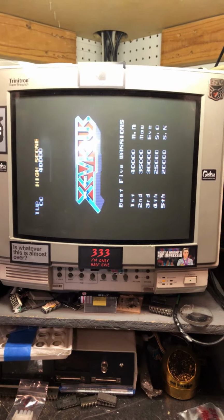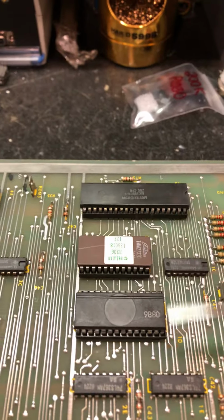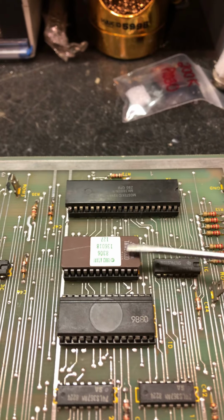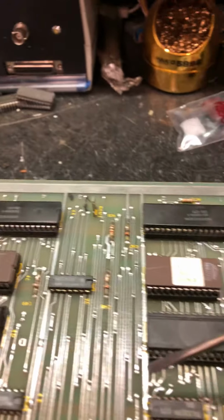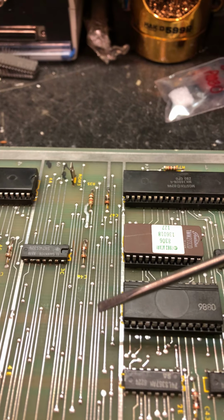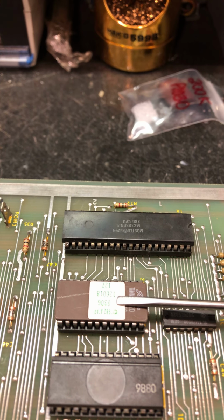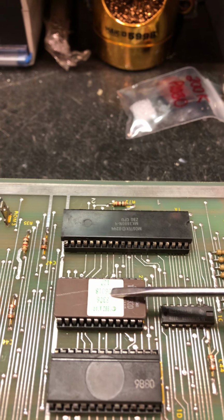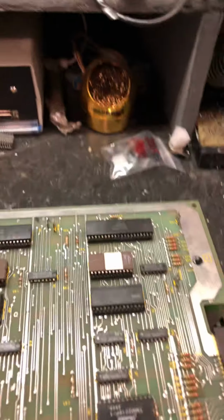After I got that repaired, the game would boot, but it was giving me random ROM errors, and that ended up being more trace damage underneath. So it was saying ROM 7, I believe it was saying ROM 6 a couple times too, and it ended up being more trace damage underneath the sockets. These Atari boards, when you're lifting an IC out of them, it's real easy to damage these boards if you just push the screwdriver in underneath the socket and then pry up. And then you kind of work your way down the board, and as you do that,